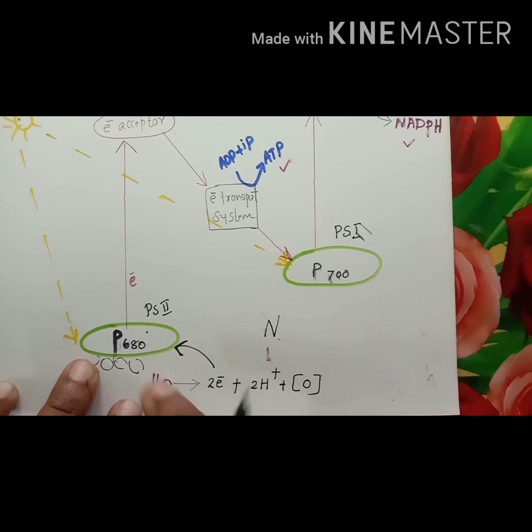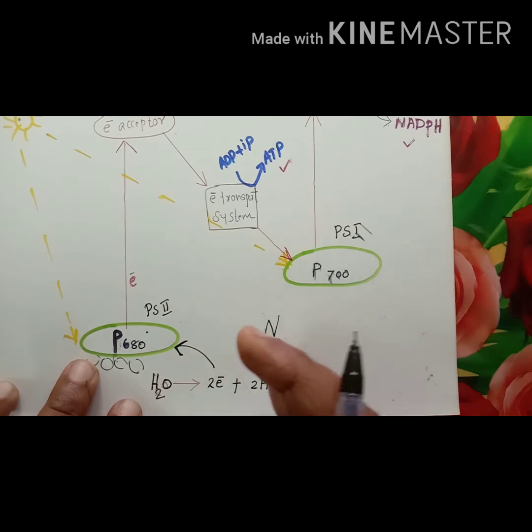So I have already mentioned that associated with pigment system 2, we can see one process called the splitting of water. What is the importance of the splitting of water? For the continuous supply of electrons to pigment system 2, splitting of water is essential. Clear? So this is non-cyclic photophosphorylation. How did it get the name? Because the electron is moving in a non-cyclic manner. And why is it associated with the photolysis of water? Because for the continuous supply of electrons, water has to be split.